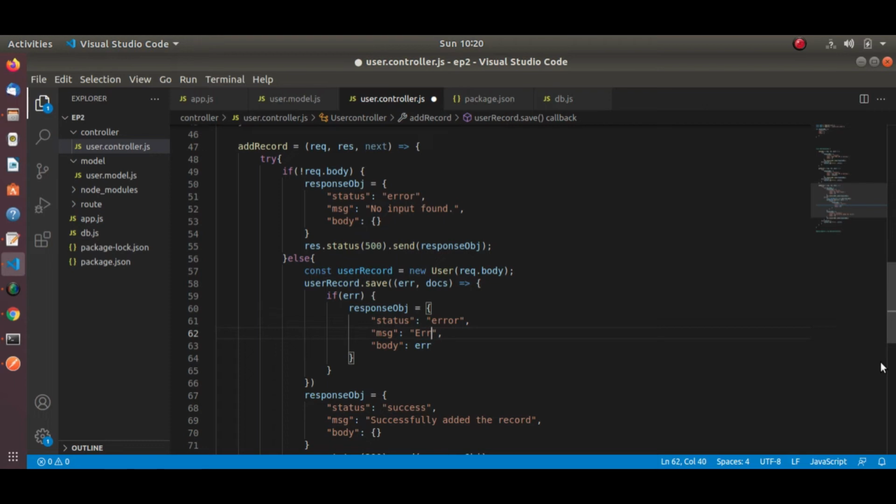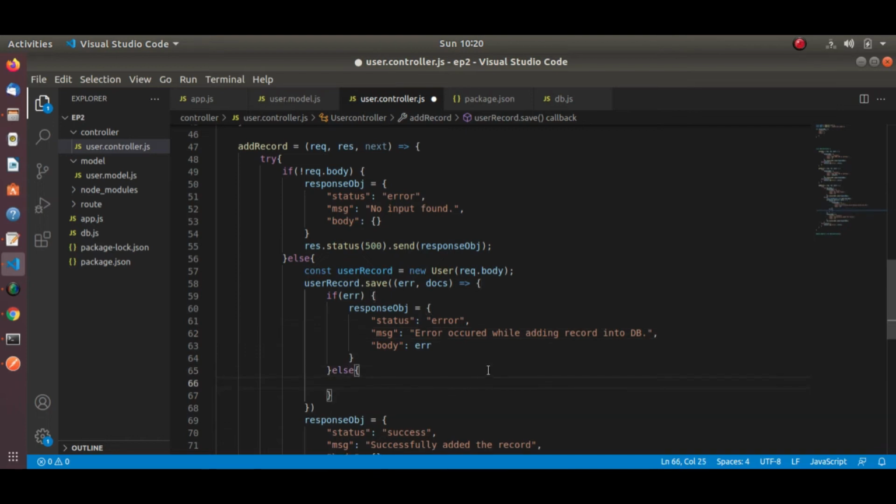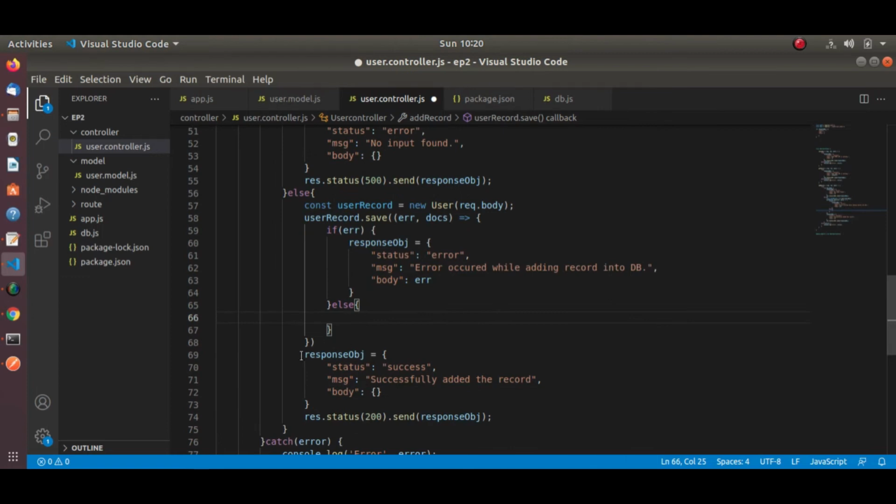Error occurred while adding record into DB. If there is no error, we can return the success response.